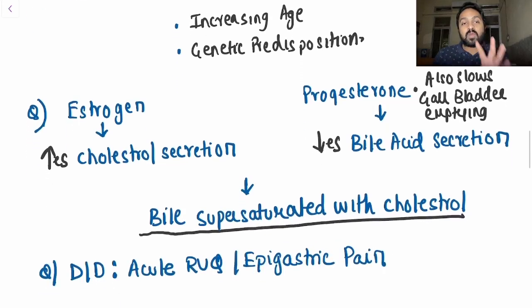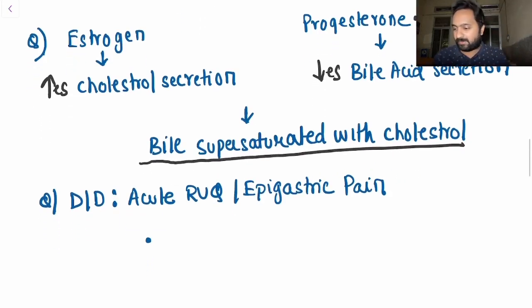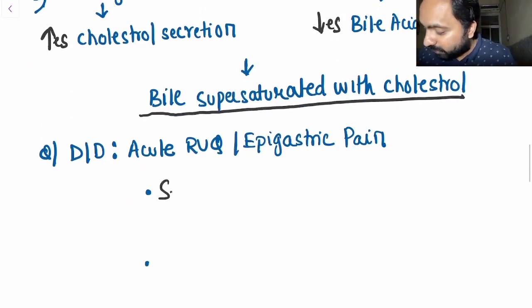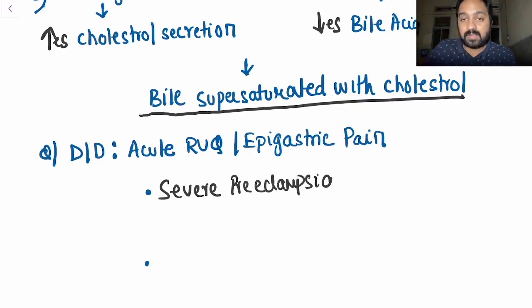Now, what are the differential diagnoses of acute right upper quadrant or epigastric pain, that is, of acute cholecystitis in pregnancy? First and foremost, we have severe preeclampsia and